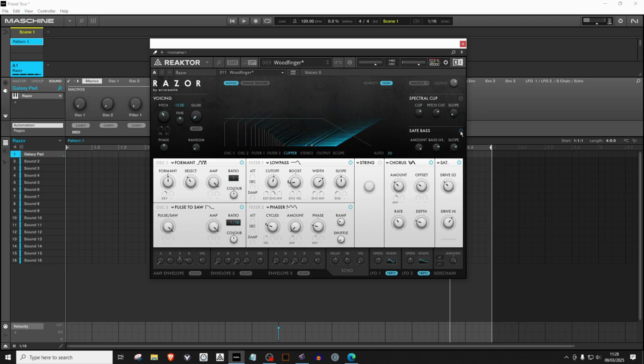You can see there it's already adding quite a bit of thickness to what is already a bass sound. So that's a really unique tool in and of itself as part of Razor. Below that we come to the oscillator sections. So you have two oscillators,